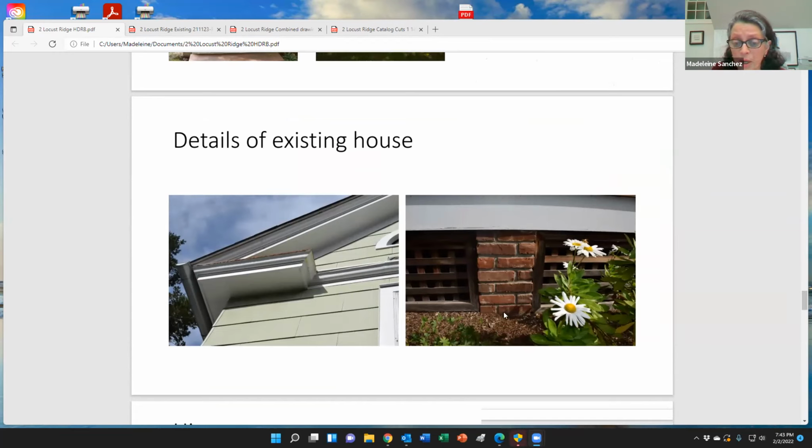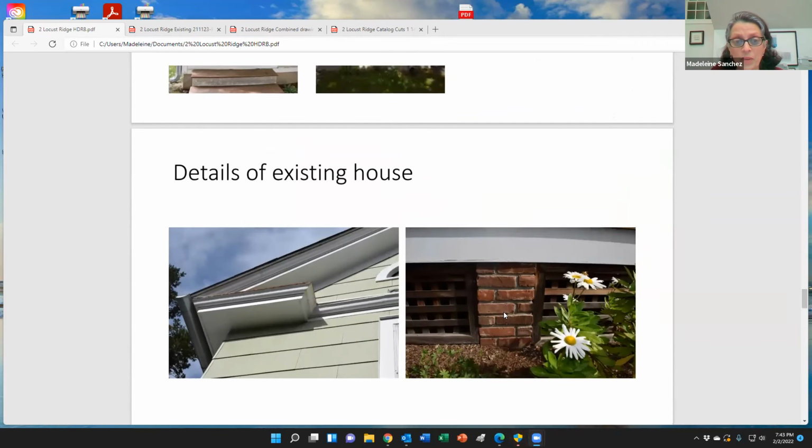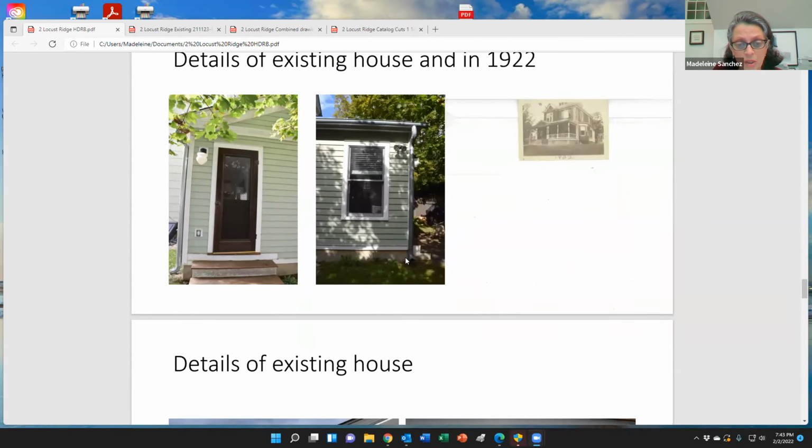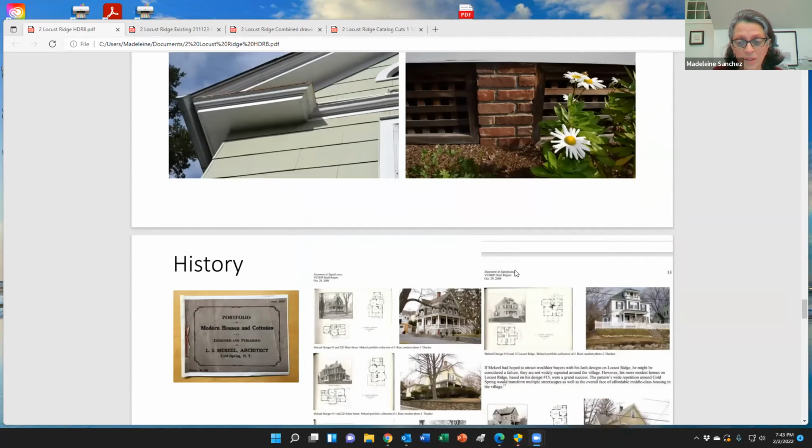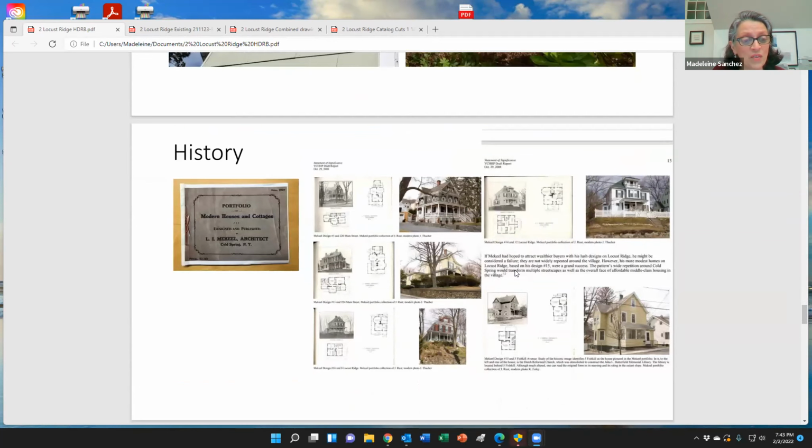There's also brick foundation around the original house. And when the addition was done, they just used concrete masonry block foundations. So we're going to be putting a veneer onto that, so that'll continue around. So for the history of the house, McKeel in 1907 published a portfolio of all of